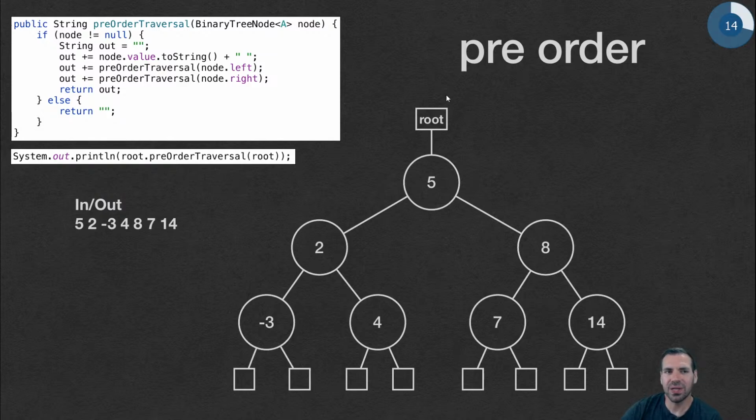Pre-order, we're going to visit the node and then make the recursive calls. So in pre-order, we visit the node first. So 5 is going to be the very first thing. The root's always going to be the first value in a pre-order. Then make the left recursive call, visit 2. Left recursive call, visit -3. Left recursive call is null, return,